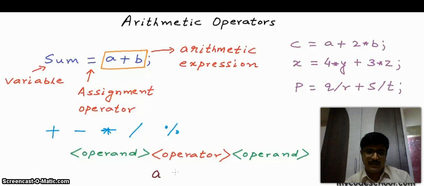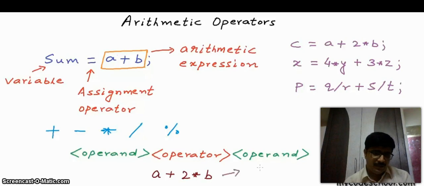Let's fix this expression: a plus 2 into b. We have two operators, addition and multiplication. Now you can tell me the operands for each of these two operators. Well, it will depend upon which operation we perform first.